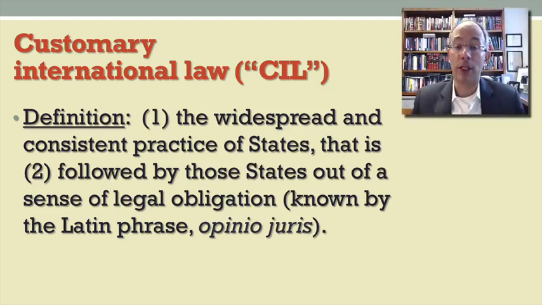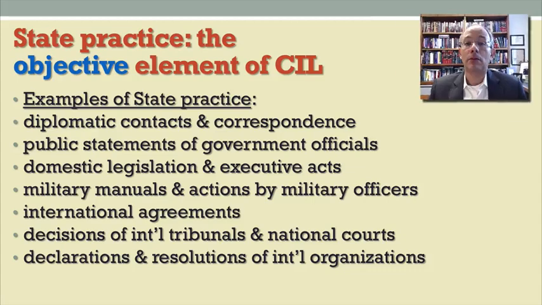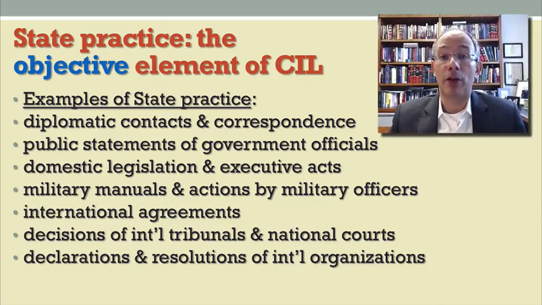So these two elements, what do they actually mean? Well, they break out into an objective element and a subjective element. So let's talk about each of those in turn. First, the objective element of customary international law. And here we are examining the actual practice of government officials, either in written form or in conduct or in oral statements. And you see before you on the slide a number of different examples of what are known as state practice. And again, state practice has to be widespread and consistent in order for there to be the possibility of a rule of customary international law.